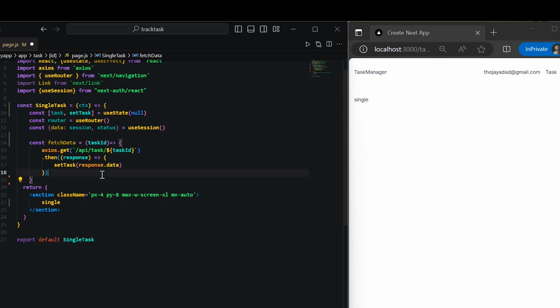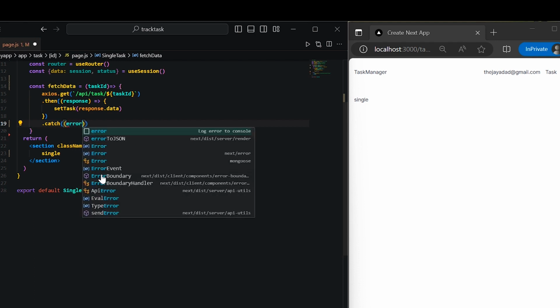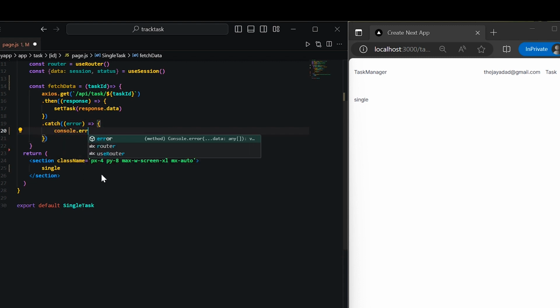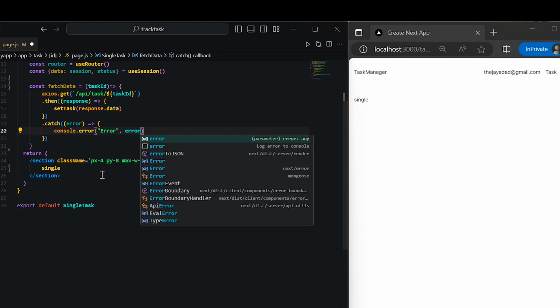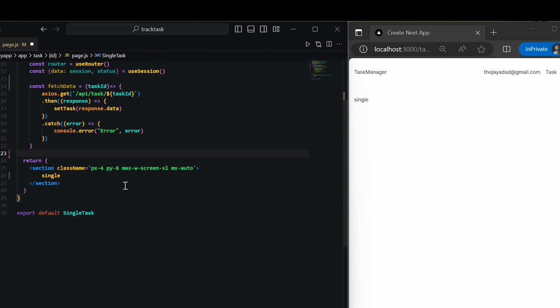And if we happen to get an error, we want to catch it, and we'll call it error. We'll pass in this error, and let's just console.error, and we'll just say error. Okay. All right, so now that we have the variable to fetch our data created, now we'll use it within